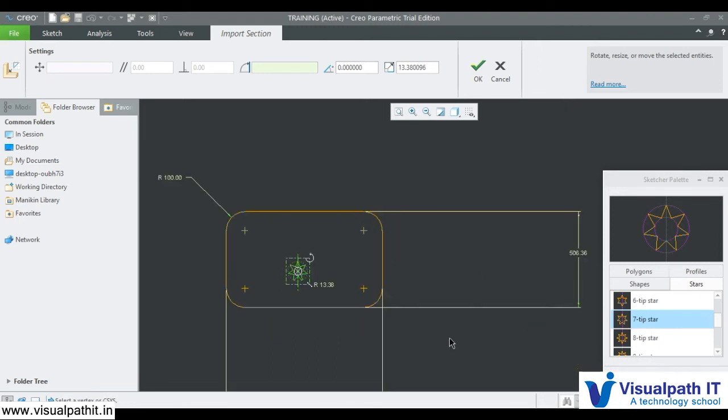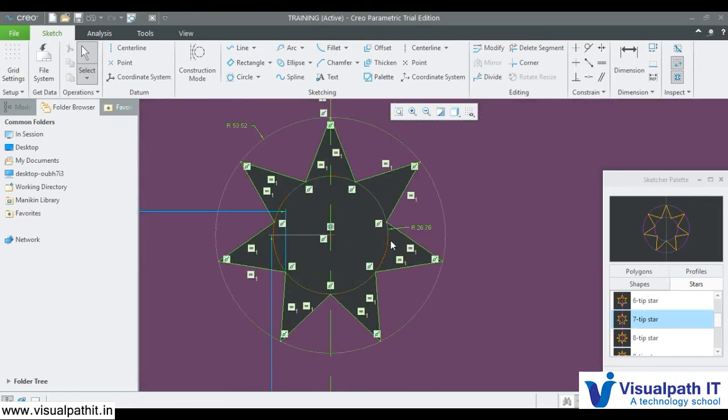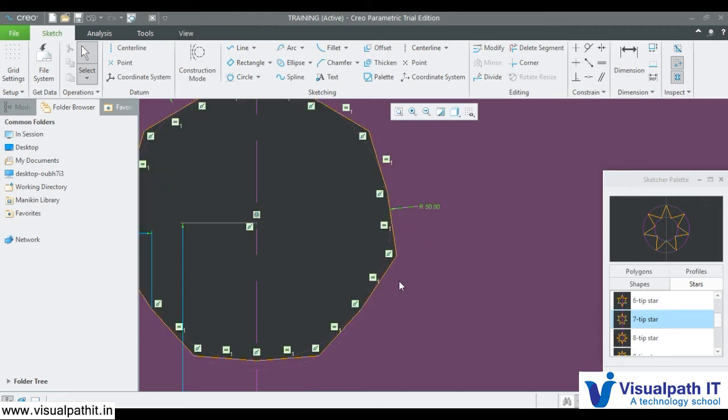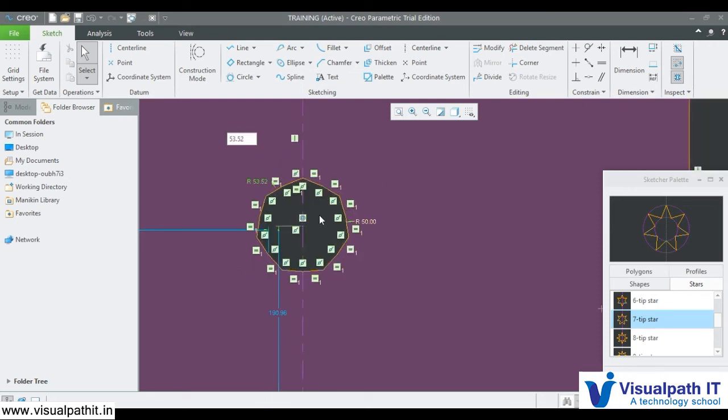I want a star only this much, and I select it. Middle button. Now the star is created. If you want to increase the star, I'll increase the radius. 50. Increased. Other dimensions I can increase.